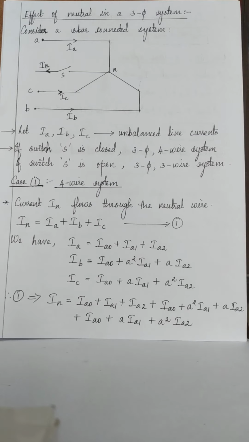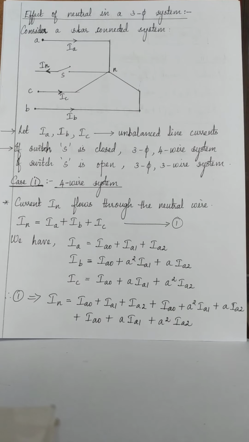In today's class, we will discuss the effect of neutral in a three-phase system. If you take a three-phase system, we have both the three-phase three-wire system as well as the three-phase four-wire system. The fourth wire will be the neutral wire. In this derivation, we are going to prove that the zero sequence currents will flow through the neutral wire,